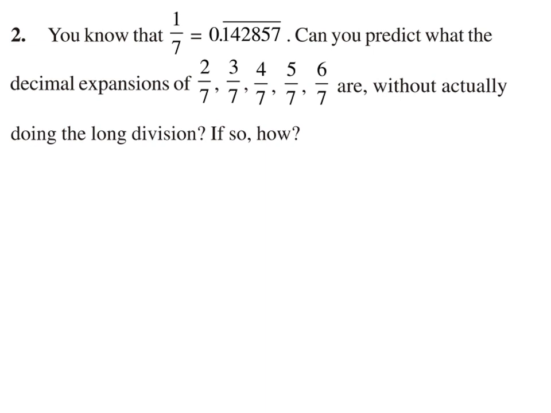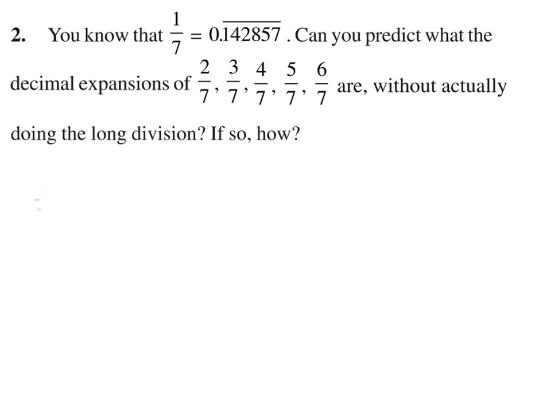So you know that 1 by 7 has a non-terminating recurring decimal expansion. So 2 by 7 can be written as 2 into 1 by 7, 3 by 7 can be written as 3 into 1 by 7. Similarly 4 by 7, 5 by 7 and 6 by 7 can be written like that. So you can say here that all the P by Q format rational numbers have non-terminating recurring decimal expansion. So now how can we find it?